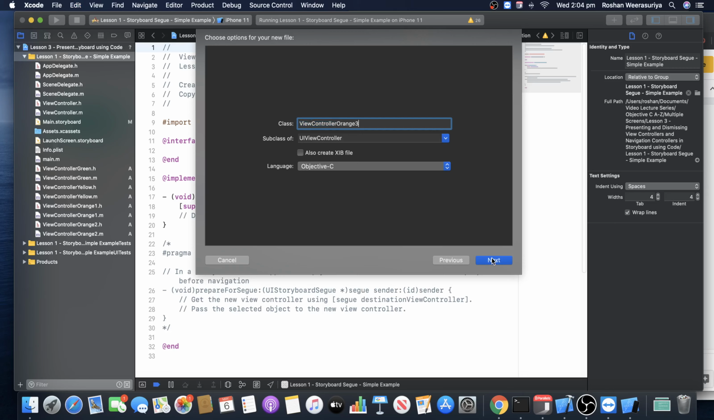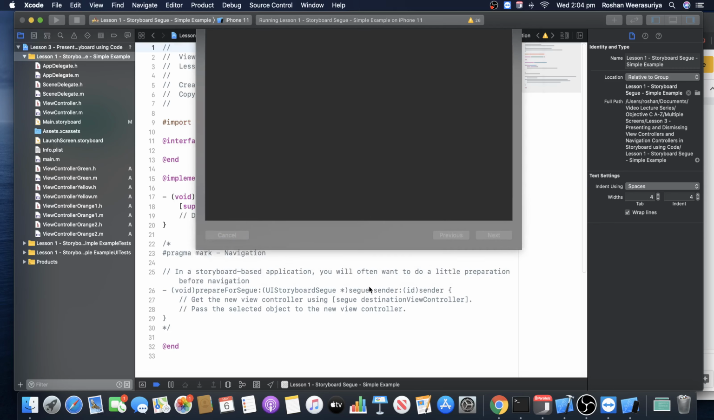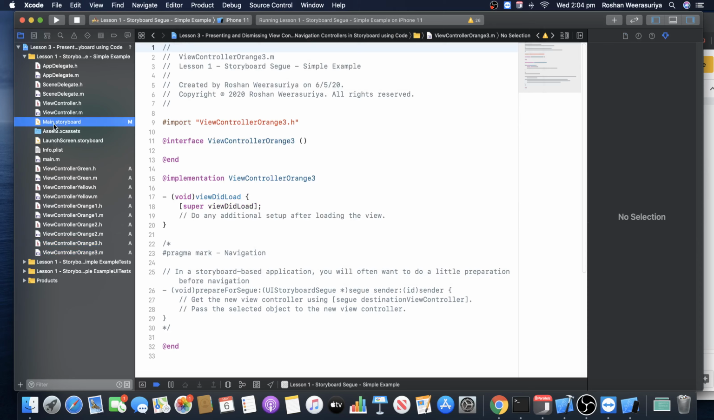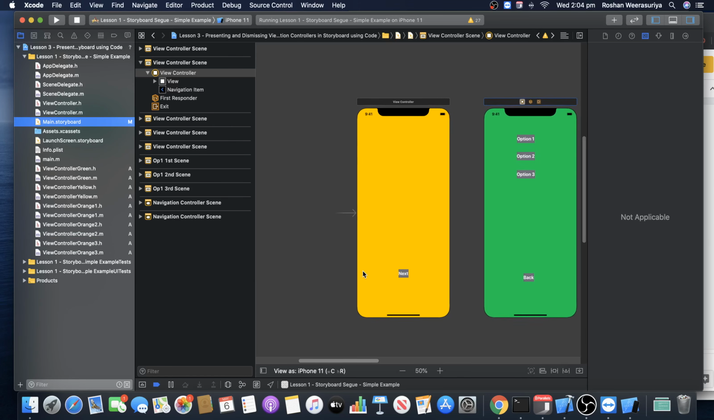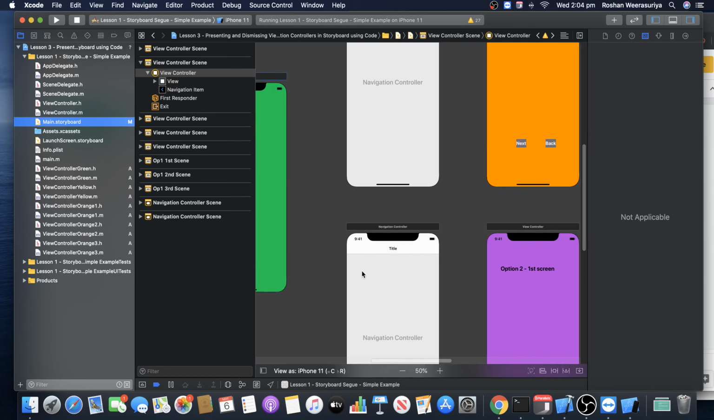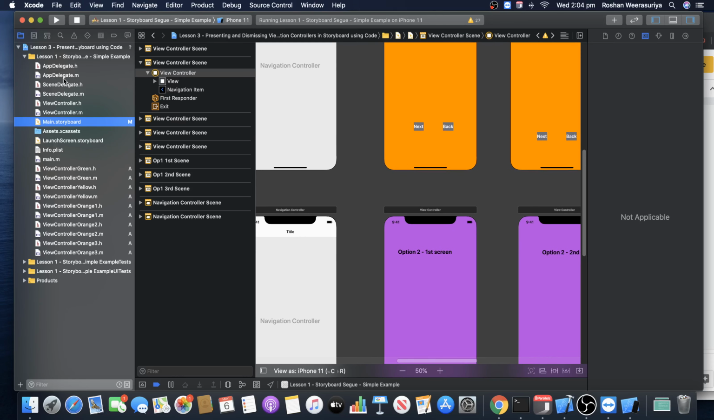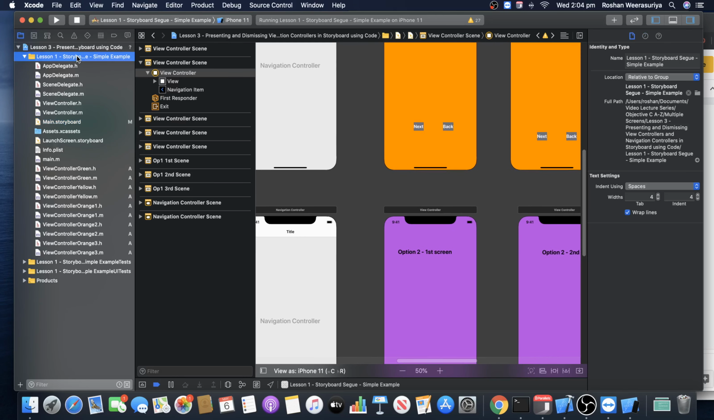So view controller 3, right? Orange 3. So I got the 3. Then I got that color, the purple, is it? So yeah, purple. So I got purple, right? So I'm going to right click